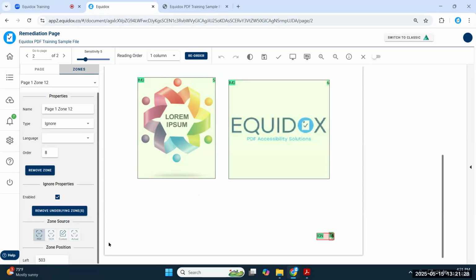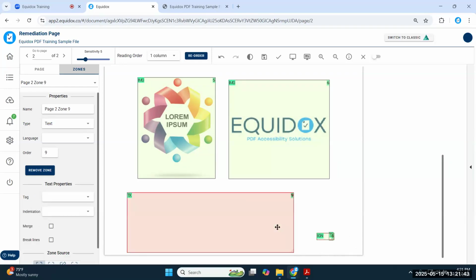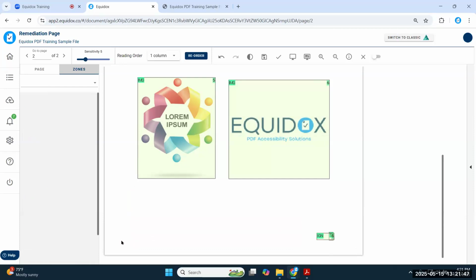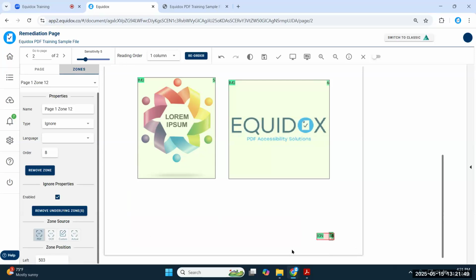So your ignore zone should always be very discreet and out of the way, typically in the corners of the pages. All they have to do is intersect with something. They don't have to fully engulf an area of the page. Don't make an ignore zone that's this large. There's no reason for it. Just keep them small and out of the way, just touching the area of the page where you have that fixed header or footer repetitive element that you want to artifact.